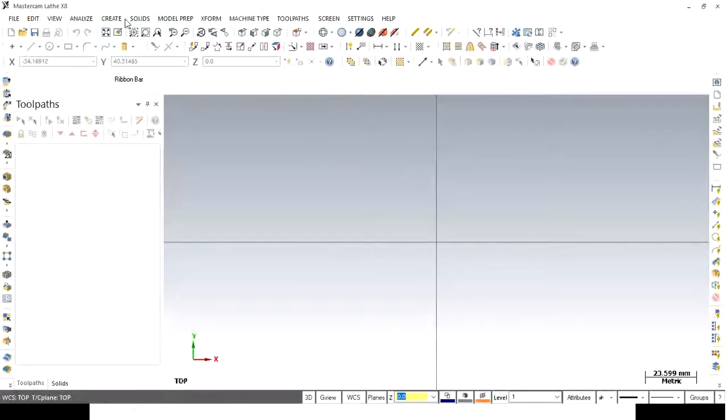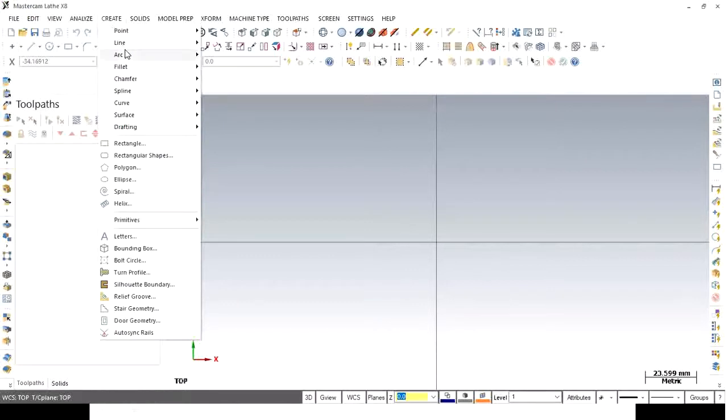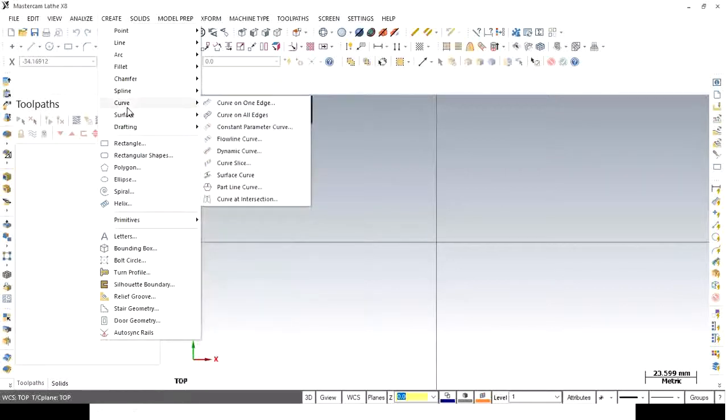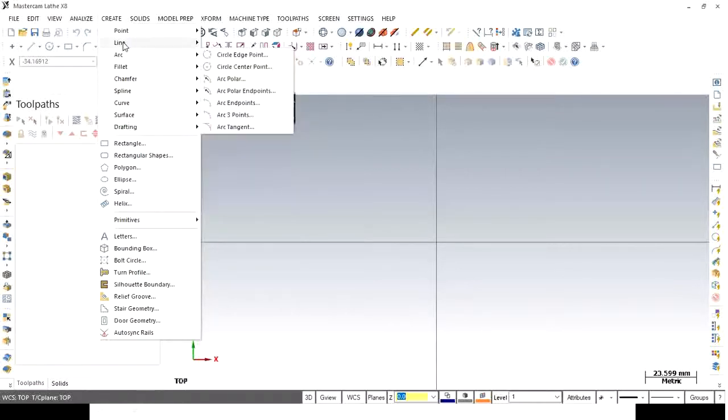Now, when you click on this create icon, you can see point, line, arc, fillet, chamfer, rectangle, polygon. So all these options are available. These commands are the same as you use in AutoCAD software or any modeling software. In the same way, you can create different geometry. You can create the geometry using line also or using the rectangle also. I'm going to create using the rectangle command.